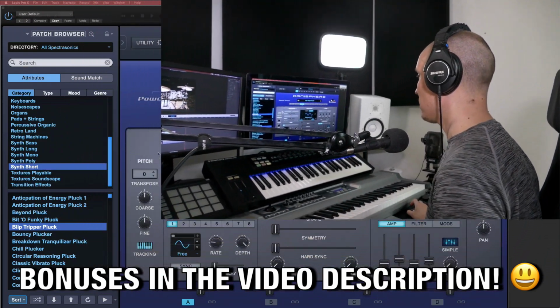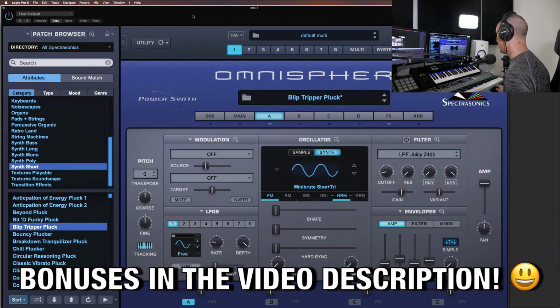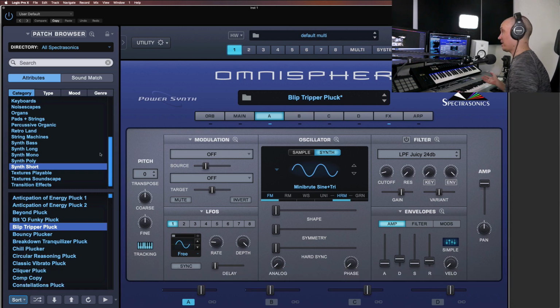So one of the things that always annoyed me a bit in Omnisphere is when you browse through these thousands and thousands of presets, while the sounds can be good on their own, the effect chains can be drastically different. So if we have this sound here,